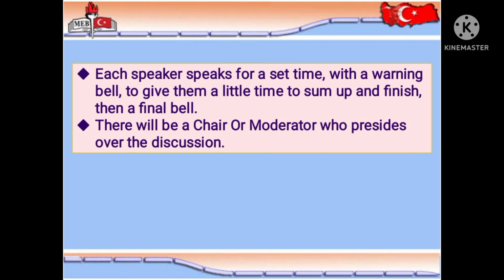The role of the first negative is very similar to the first affirmative. The first negative's role is to outline their team's contentions, team split, rebut the arguments of the first affirmative, and present arguments. The main difference between first affirmative and negative is that the first affirmative defines the topic, which the first negative does not typically do, and that the first negative offers rebuttal.